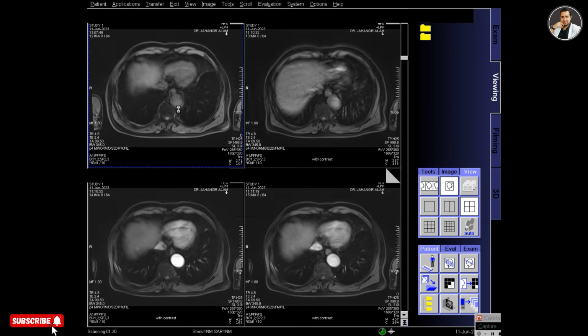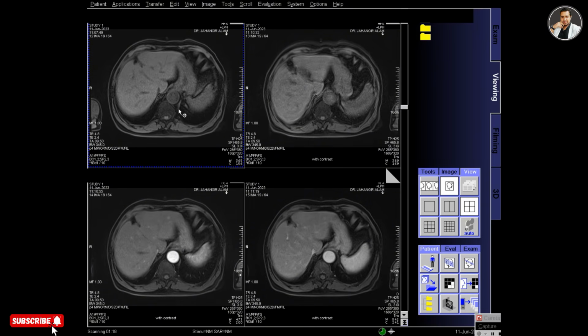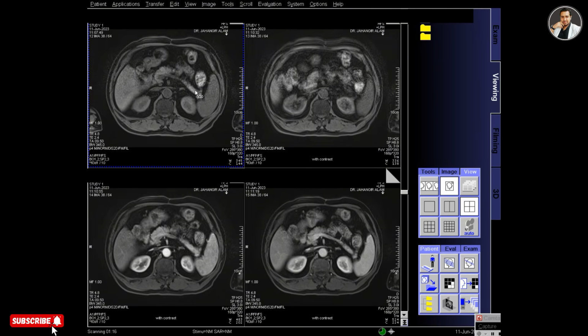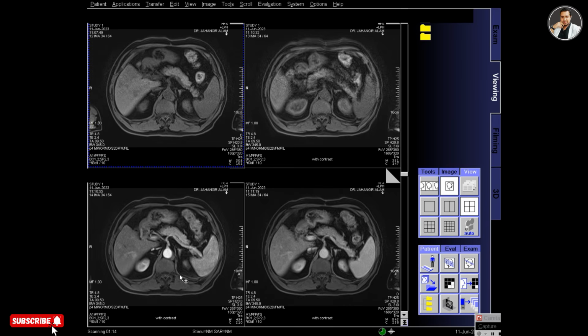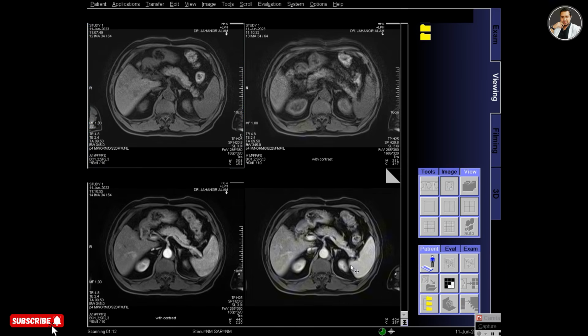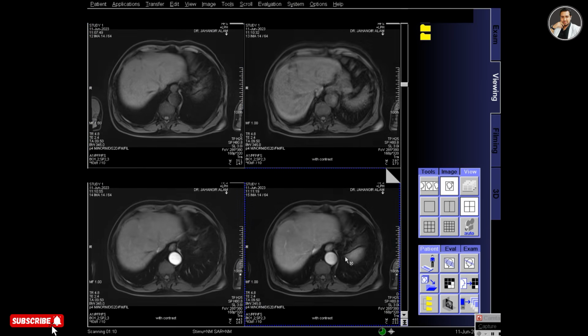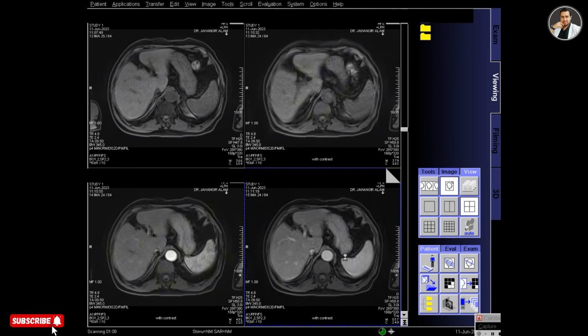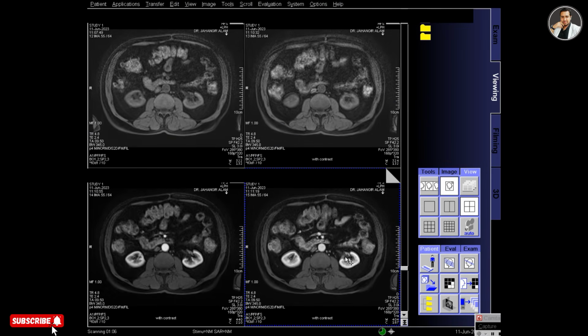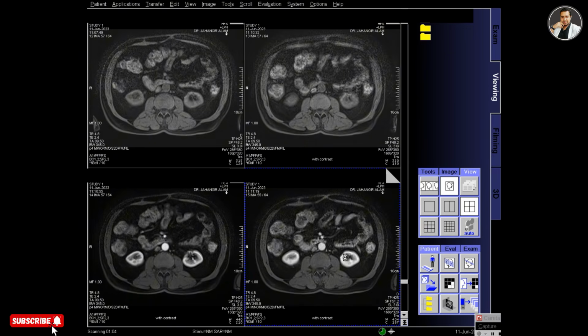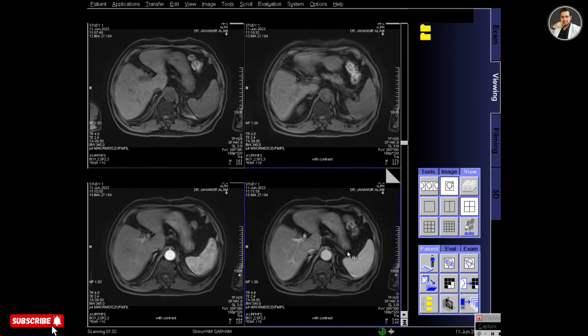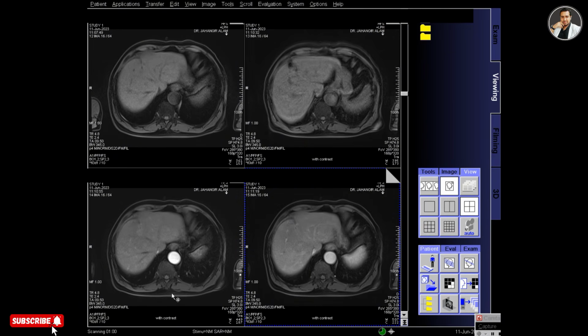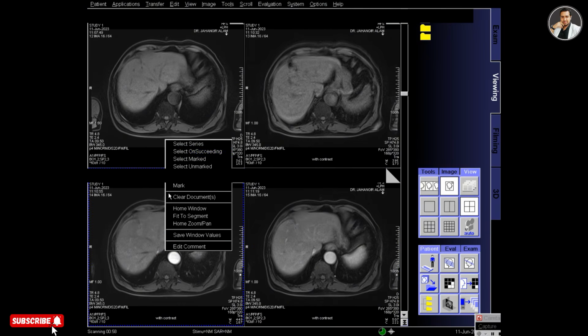The first sequence is the non-contrast, and you can see that at the bottom the first sequence is the arterial phase. This is the arterial phase, and the second series at the bottom is the portal phase or portal venous phase. You can see that the contrast has reached the portal vein of the liver.